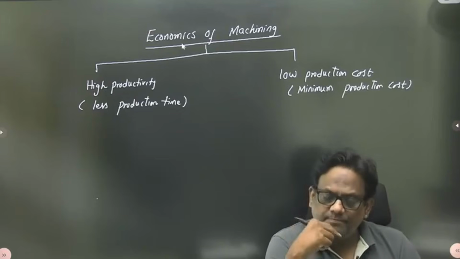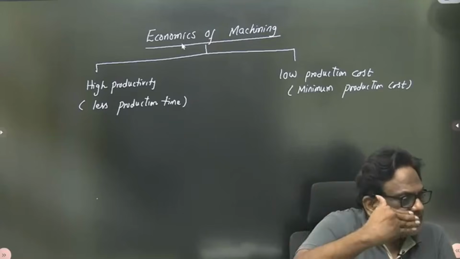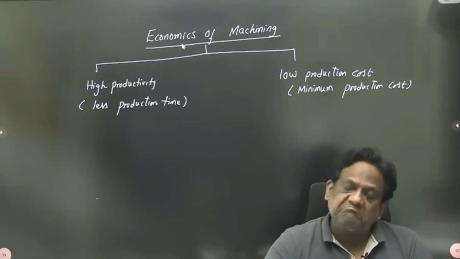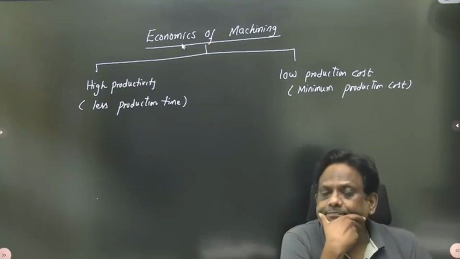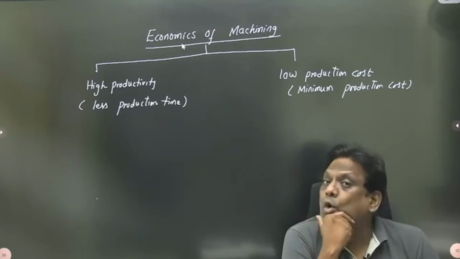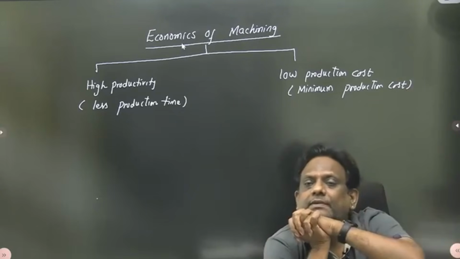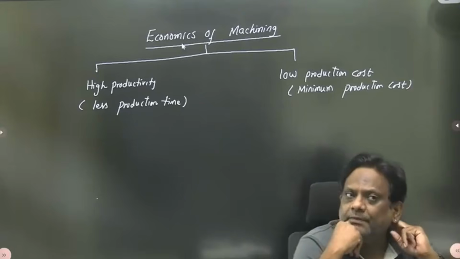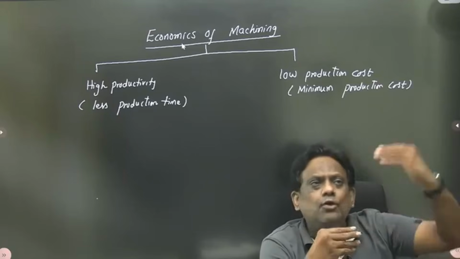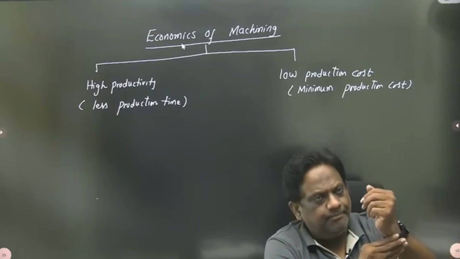One is you are manufacturing in lesser time. So if you are manufacturing in a lesser time, definitely you will produce more products. More products means high productivity. Second, listen carefully: say the demand in the market is very high. If you are producing more products in less time, definitely you will meet the market requirement and thereby earn lots of profits. Point number one. That is one aspect.